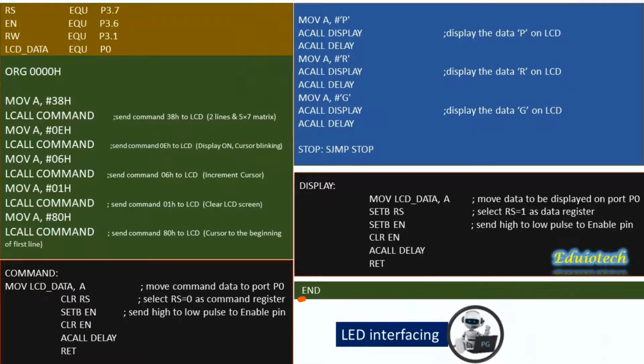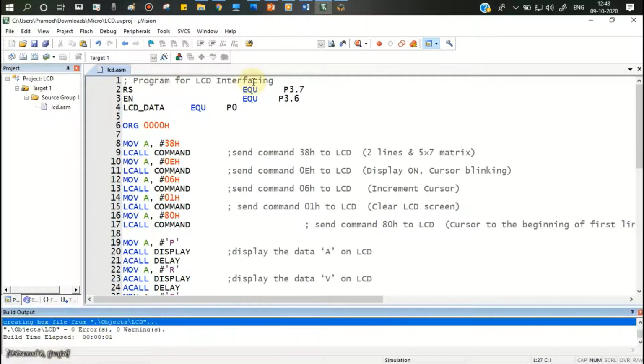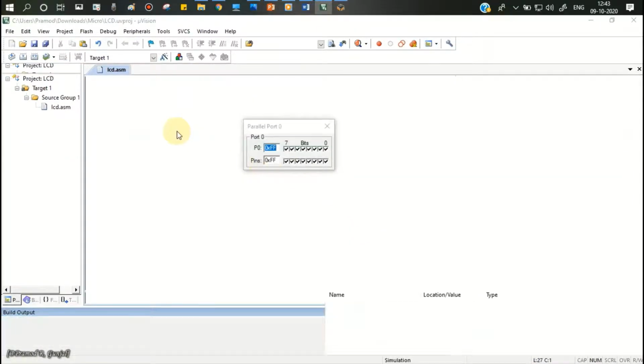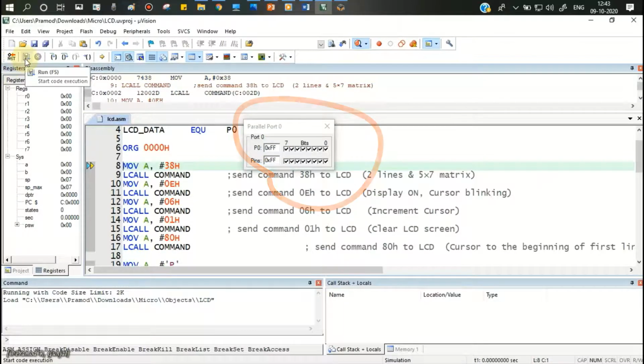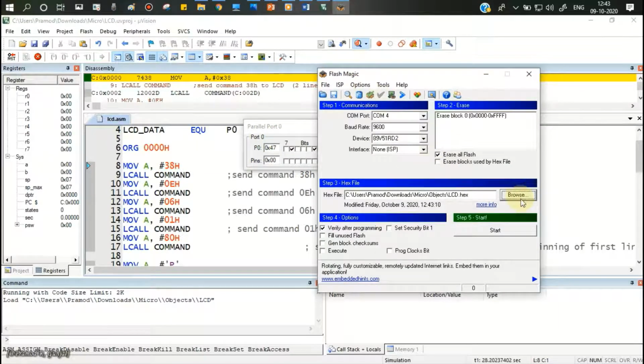Now let us go to the Keil MicroVision. Download the hex file into the microcontroller on the development board which we have.